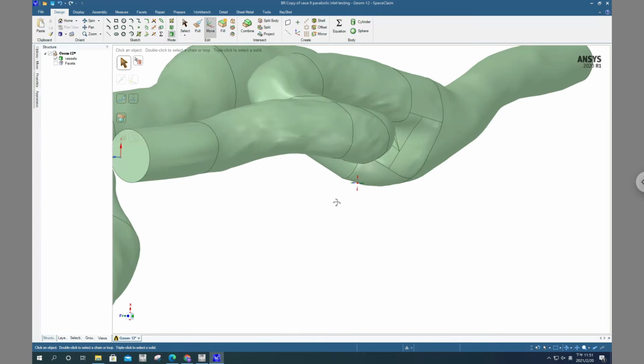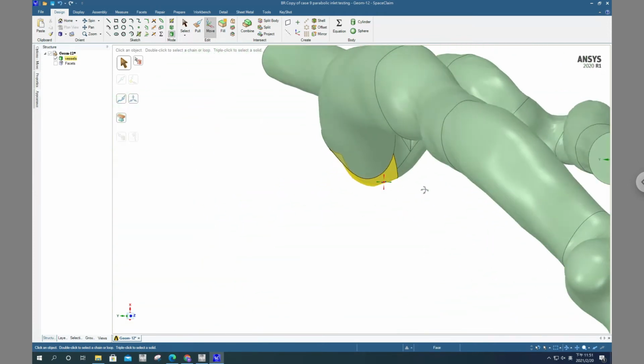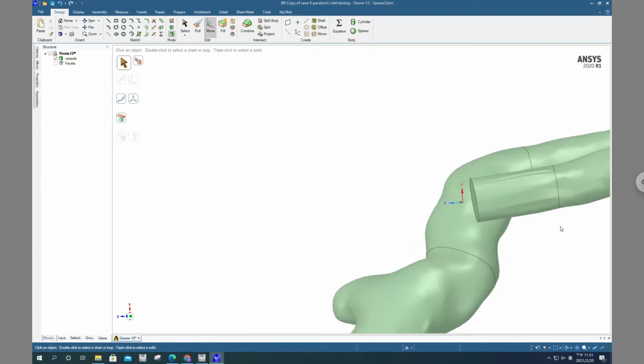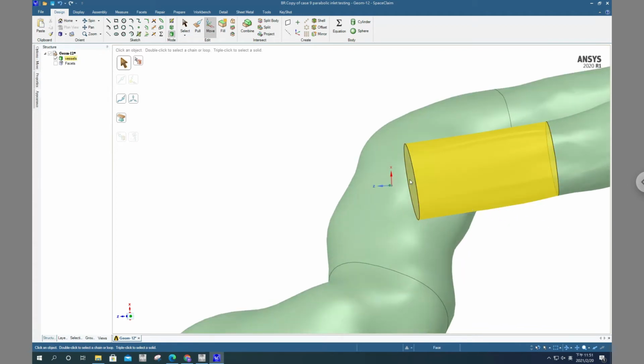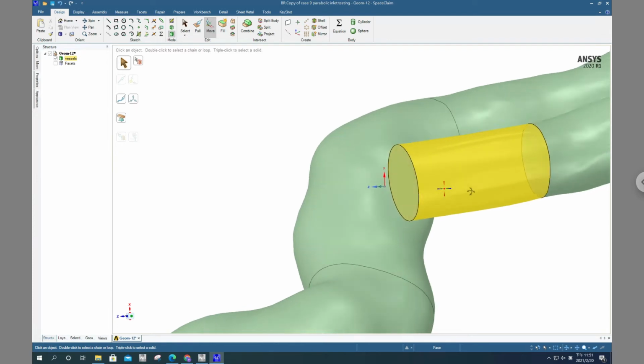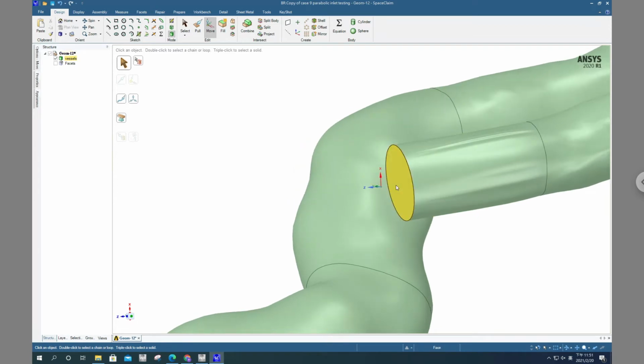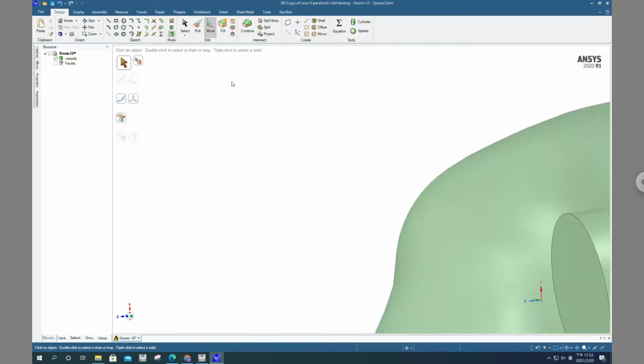But there are some problems with this method. You can see that if I rotate my object, there are some mismatches from what I meant to do. There's still some space between the origin and my inlet. So the best thing to do now is to create